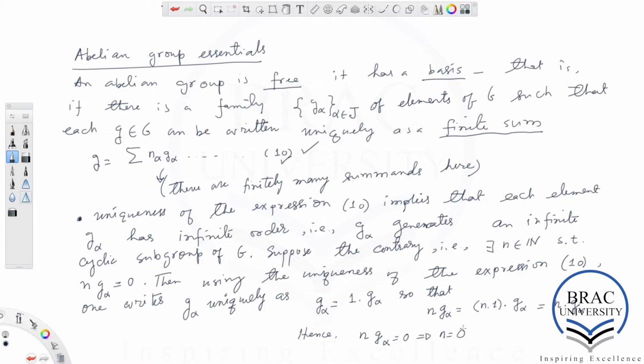So n is the order of the element G alpha of the group G, meaning that n times G alpha is equal to 0, right? And from the uniqueness of the expression 10, whenever we have n times G alpha to be 0, we must have n equal to 0.